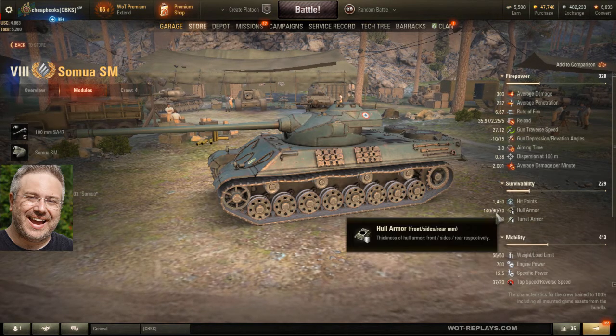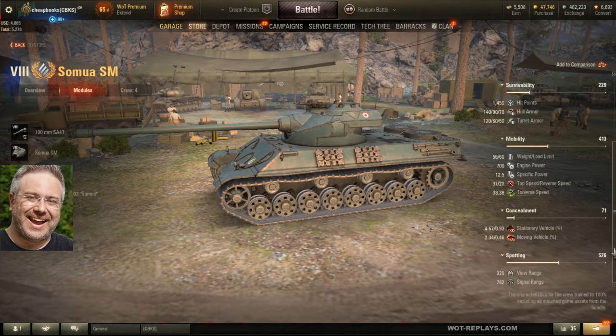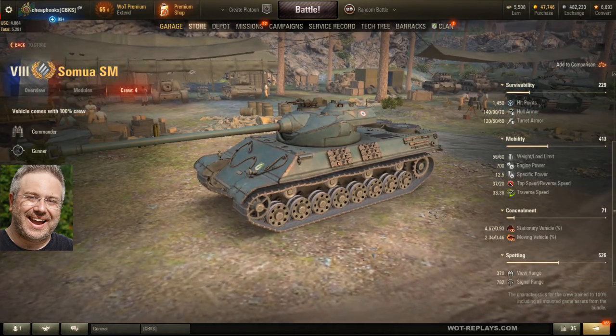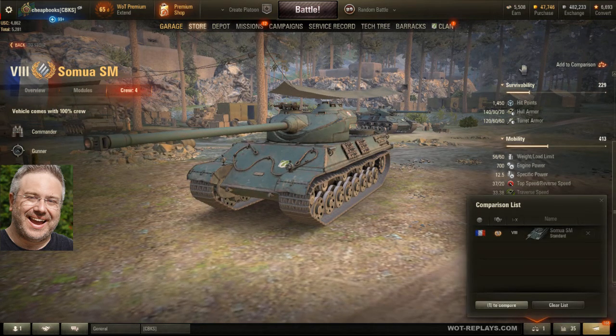The hull armor is actually pretty good. The slope on the turret armor is what your advantage is going to be. Top speed 37. It is not that fast. There is a crew of 4. There is no loader. I would say it's a pretty good value, but let's see how it compares with other